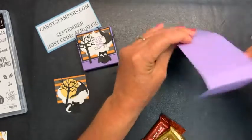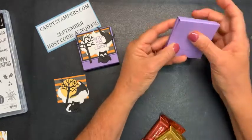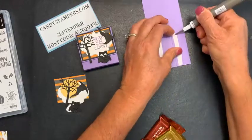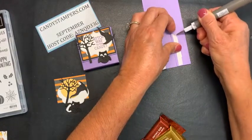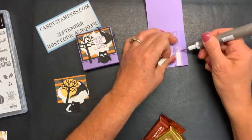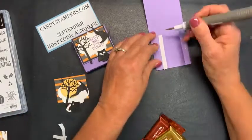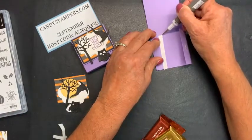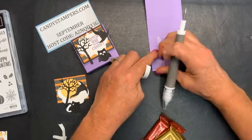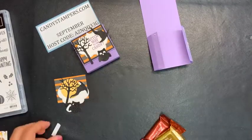But I'm going to do it the way that I should do it, which will be to work on the front first. No, let's not. Let's just put the candy in there and I'll be happier that way. See, you have to think all these things through when you're doing this stuff, right? Okay, let me get this in here. Get rid of all my papers. Thank goodness I have a trash can right here, or my floor would be a mess because I don't have that much room. Well, I do. I have a 6-foot table, but I've kind of spread out everywhere, so...